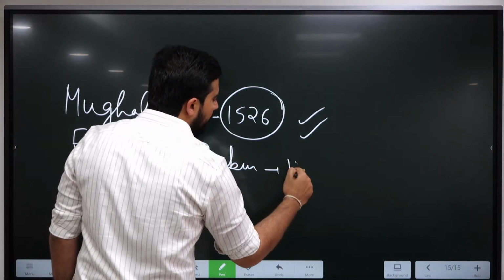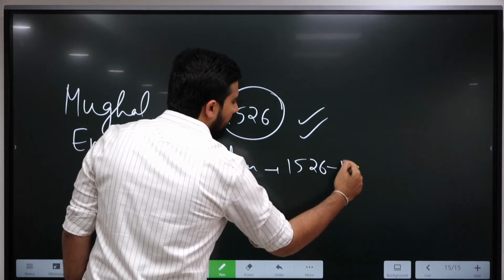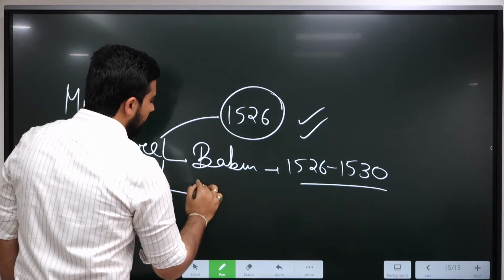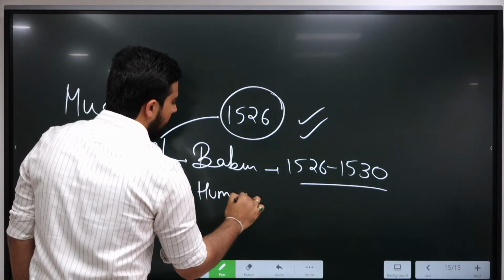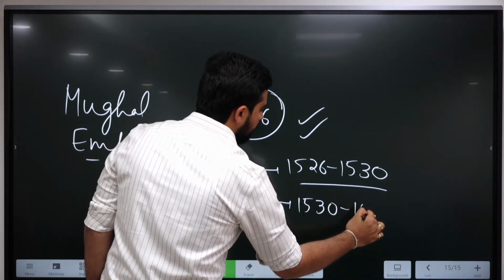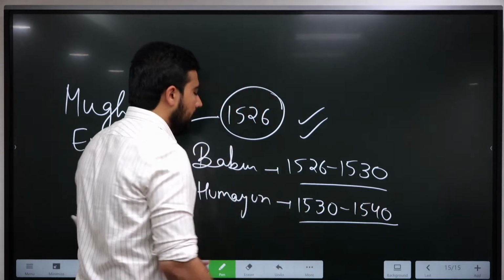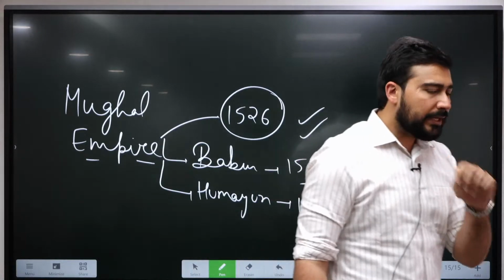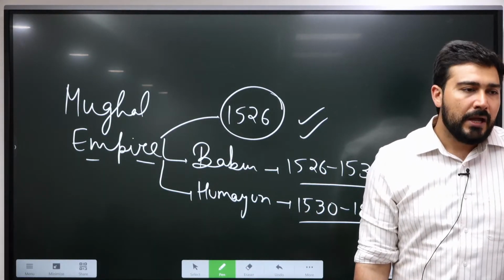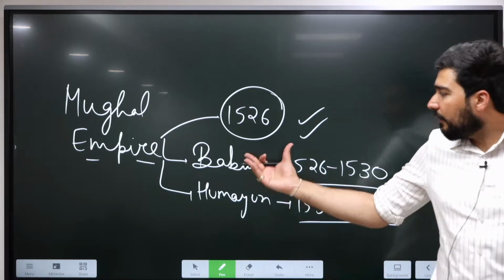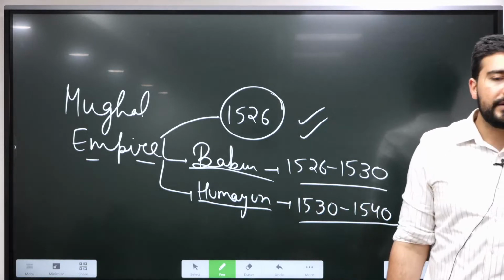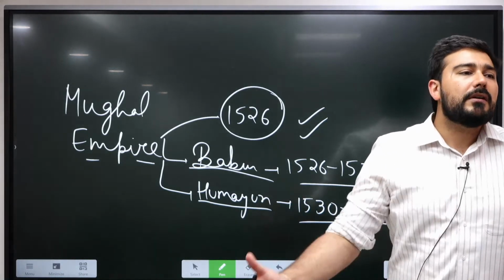Babur ruled from 1526 till 1530. Thereafter he died, and we see the rise of Humayun. Humayun ruled for 10 years, but he was not able to create any big administration or even stabilize it. The biggest problem was that after the death of Babur, the Mughal Empire was divided between the various brothers,